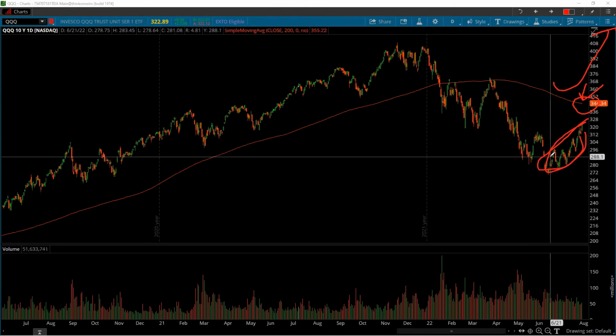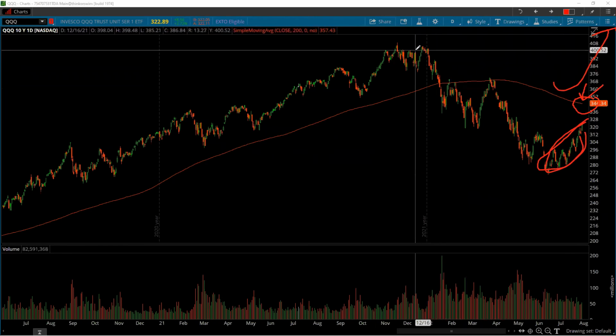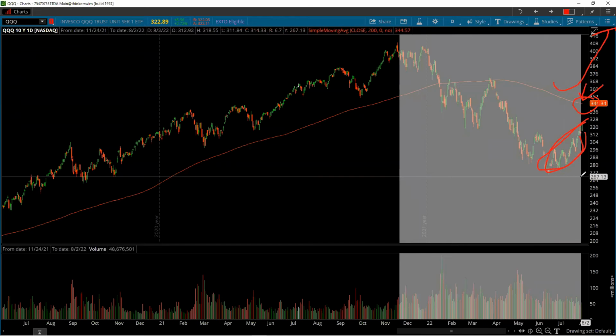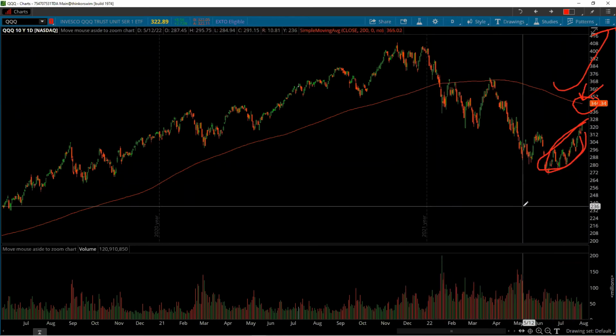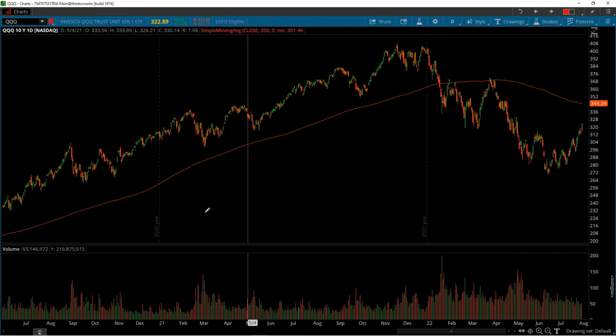New market participants are coming in. They're positioning their portfolio longer term. They're buying tech because for about 6 months, tech was underperforming. Tech was not in favor. But in the last quarter, tech has been one of the best performing sectors overall. And what are they buying? Well, they're buying things like